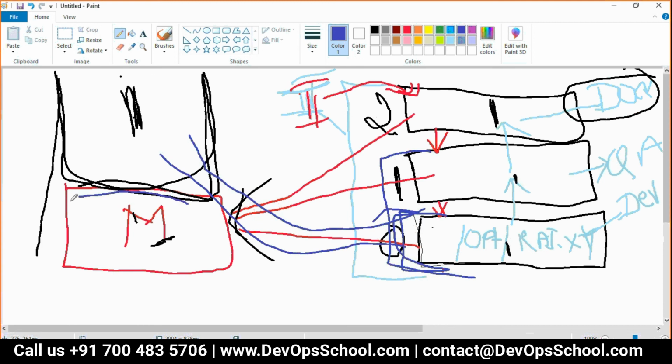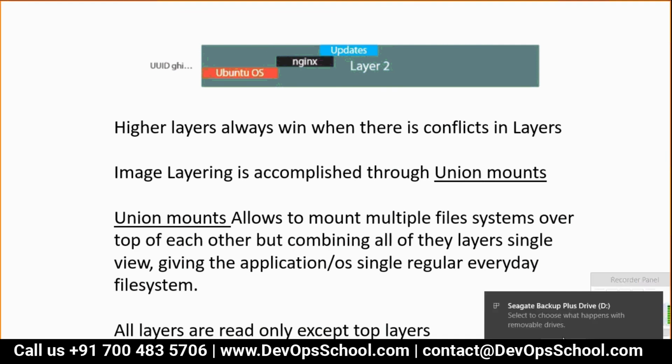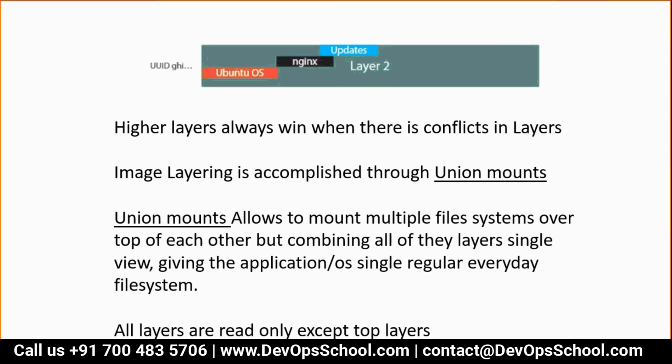Now, this merge layer is important. You have seen it actually. Many of you will ask where it has come from. I'll show you also in the demo. First, understand this. So now the question you must be having in your mind: who is doing all this layering, and who is merging all these things? So guys, this is done by the algorithm called union mount. Union mount is helping you merge these layers and get the union of the mounts done for Docker.